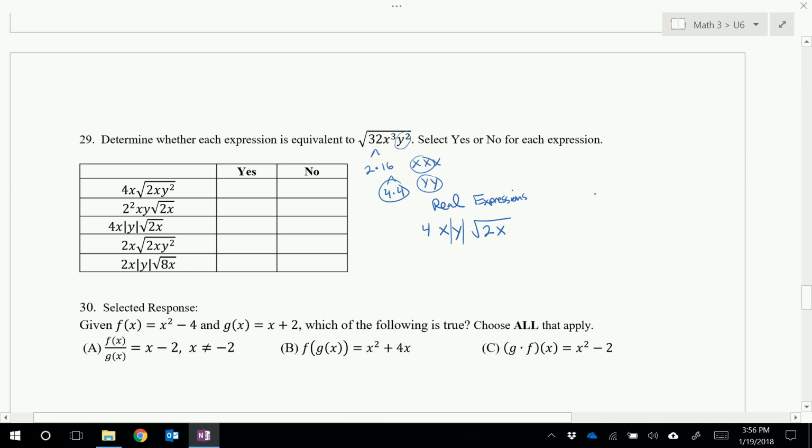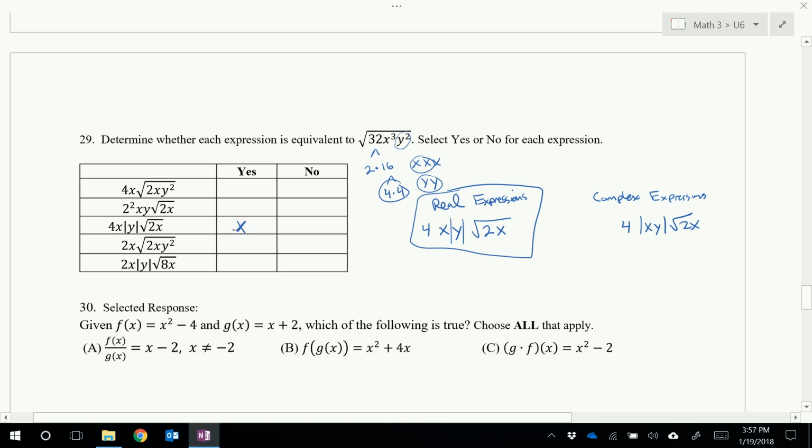Now if we worked with the complex expressions, then we wouldn't know about x or y, and we'd say 4 absolute value of x and y square root of 2x. So I'm going to assume the first. Okay. And so if that's the case, we see the answer in the third row,